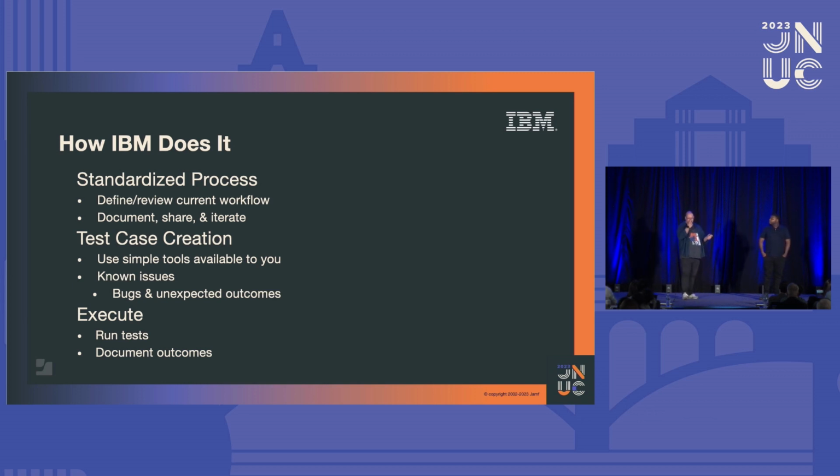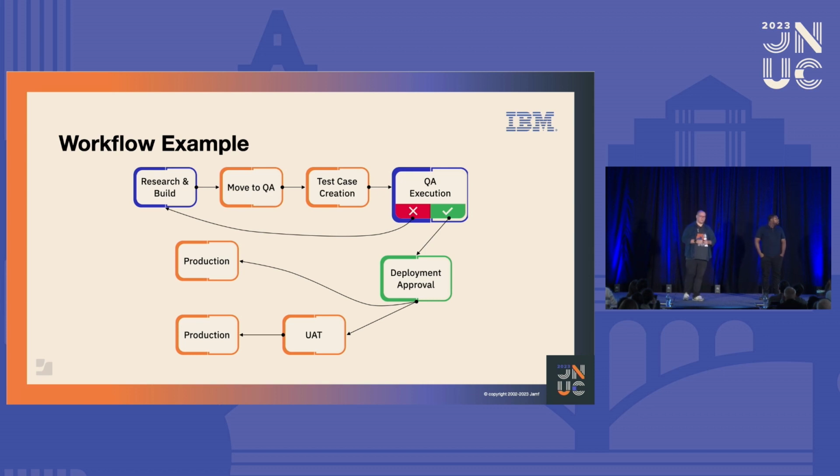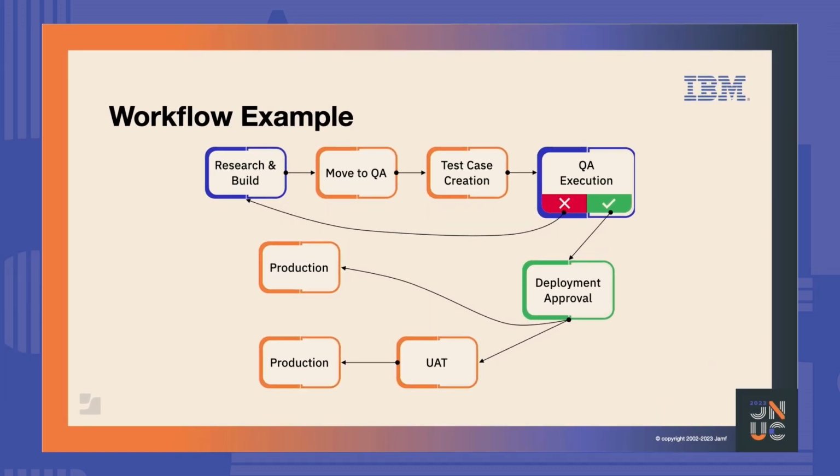As an example of our agreement, you may see here the workflow. We were agreeing together as a team after many iterations, and we set up the following process. The first part is the research and build stage, where our engineers are developing a solution and trying to find the right solution for our environments based on the requirements. When they are done with their work, they are moving the ticket or item to us as QA engineers, and we are processing the test case creation based on the features and the requirements